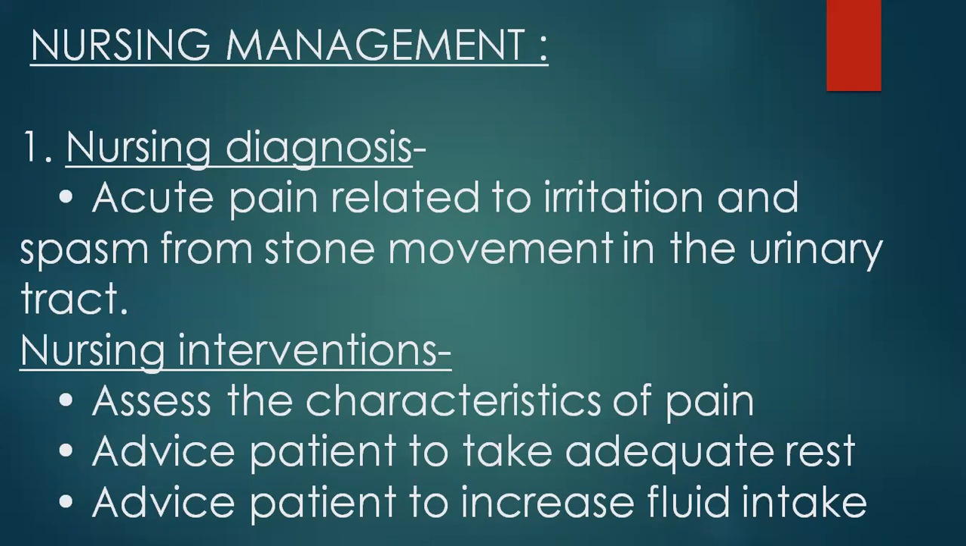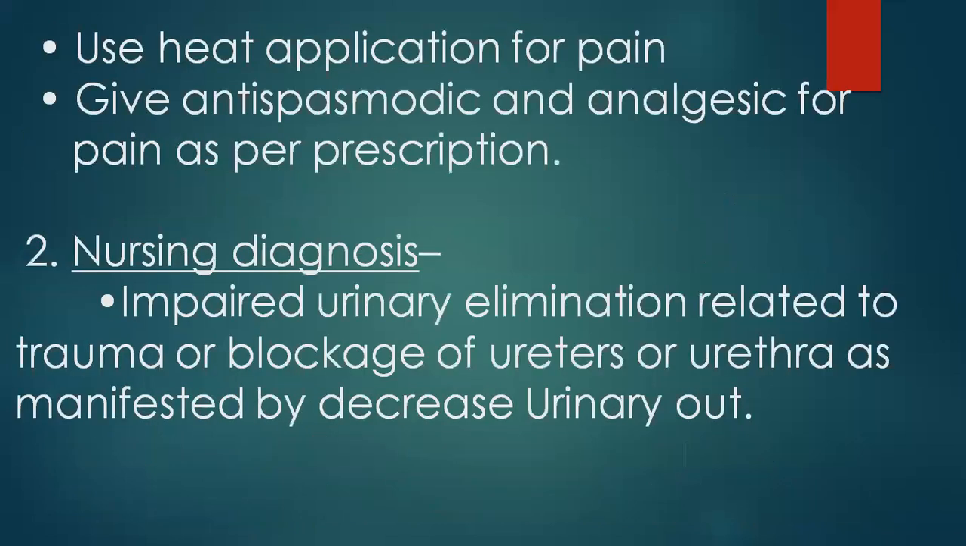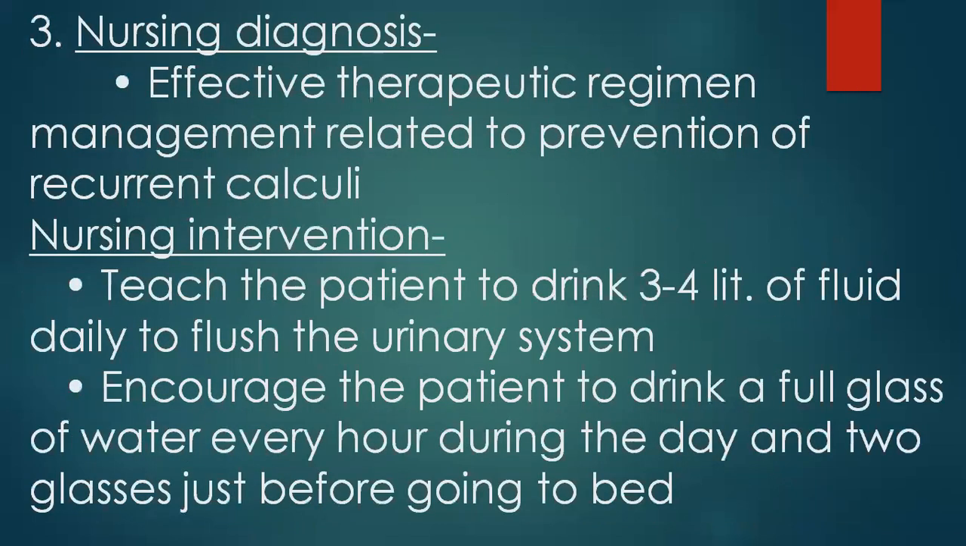The second nursing diagnosis is impaired urinary elimination related to trauma or blockage of the ureter or urethra as manifested by increased urinary output. Nursing interventions for this diagnosis are: monitor the patient for signs and symptoms of urinary obstruction such as oliguria, administer fluid orally to reduce concentration of urine, assist with adequate mobilization to help the stone come out, and monitor for signs and symptoms of infection. Then the third nursing diagnosis is effective therapeutic regimen management related to